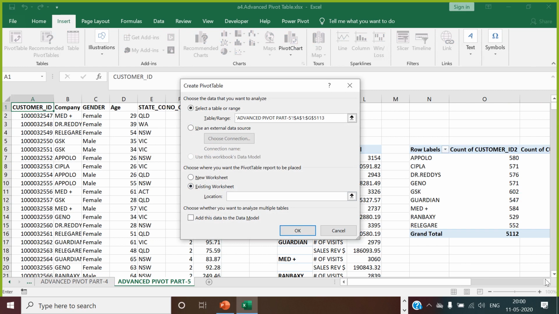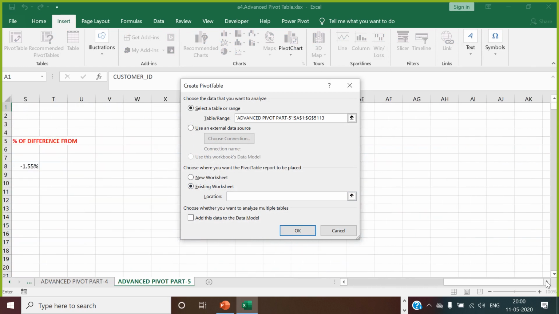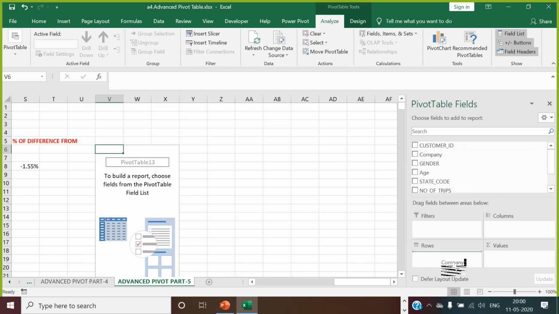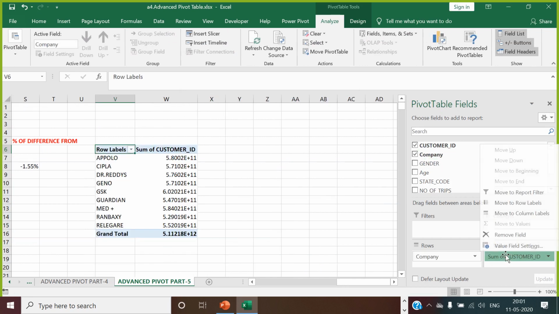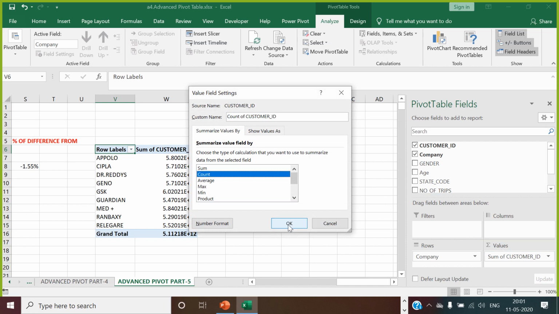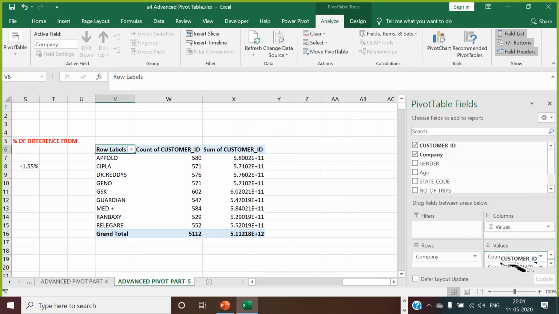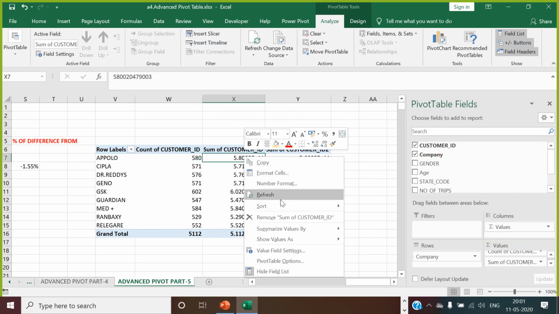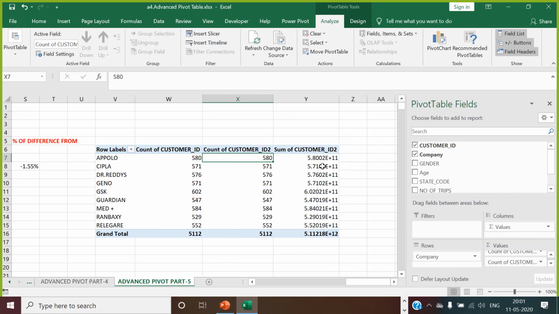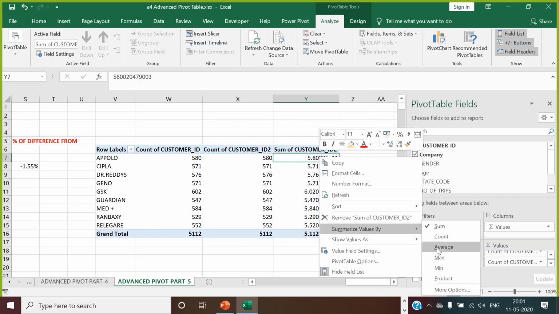I go to the existing location, I choose the location over here, company customer ID, to make it as a count of customer ID. Same thing, you have to repeat it here multiple times. In this, again you say summarize value as a count.